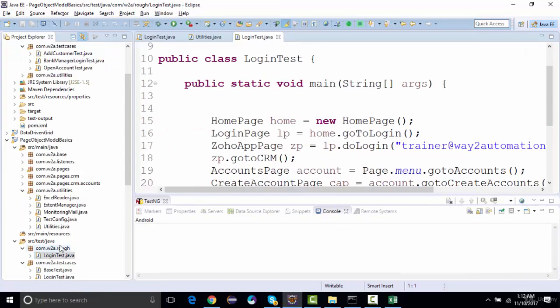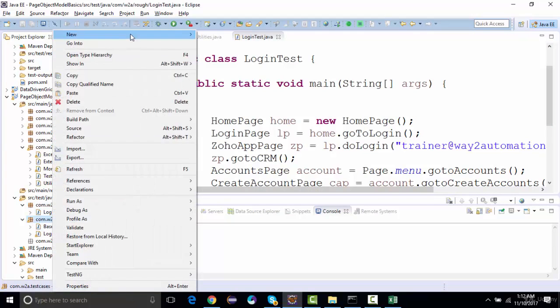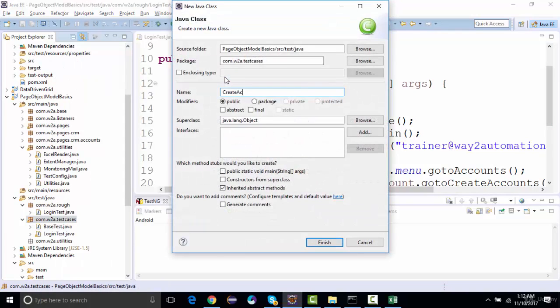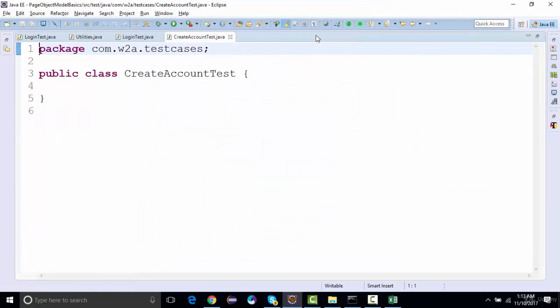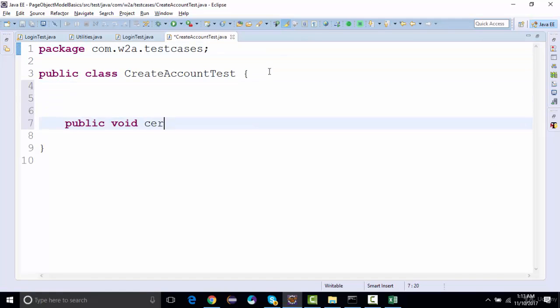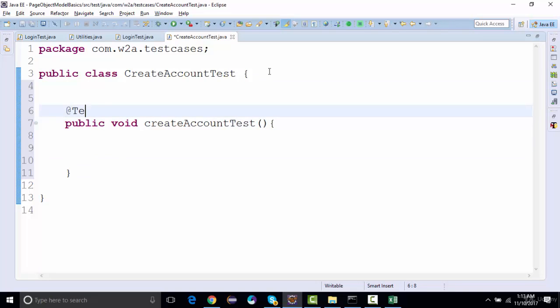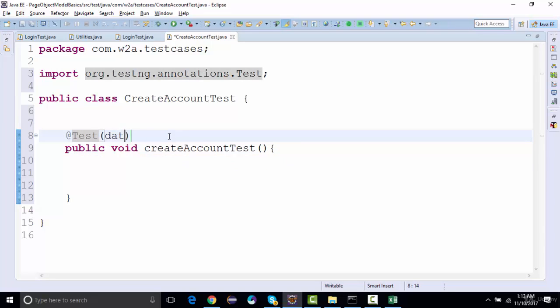So I can create another test case and say create account test. Right. So method public void create account test should be @test, and then the data provider